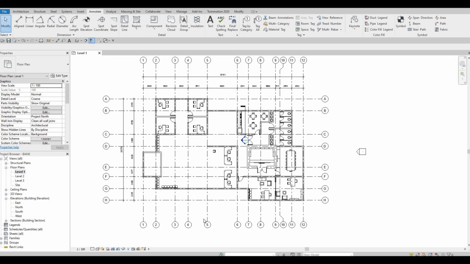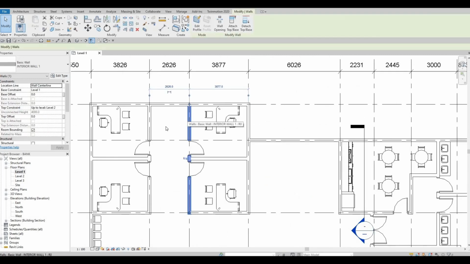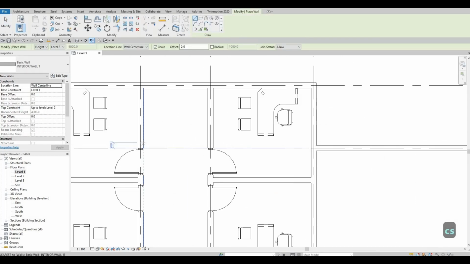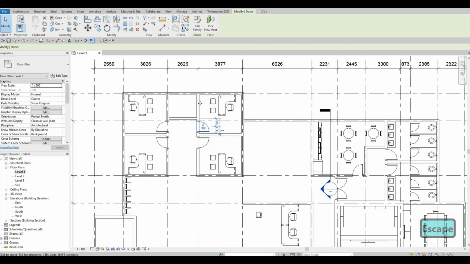So in the last video, we were able to add in furniture. Now we're gonna continue working on this. And right now I want to add in another room right here. And then this room will be our electrical and mechanical room. So what we could do is we could add in